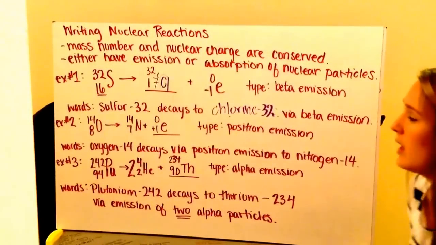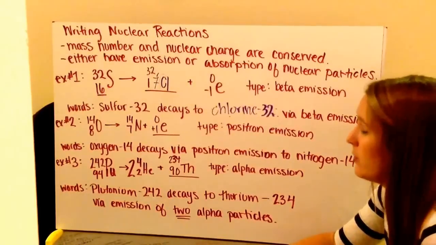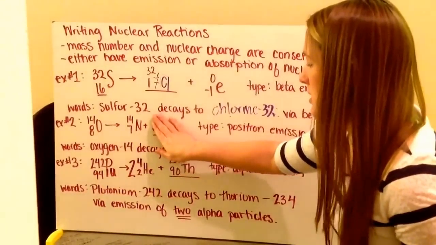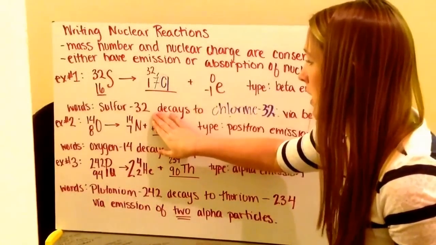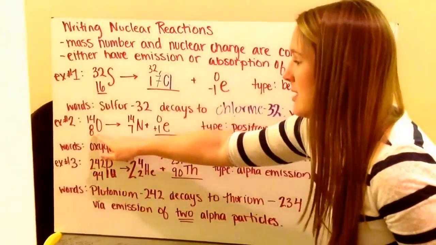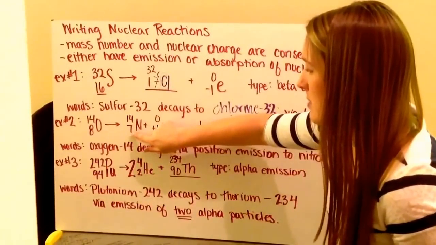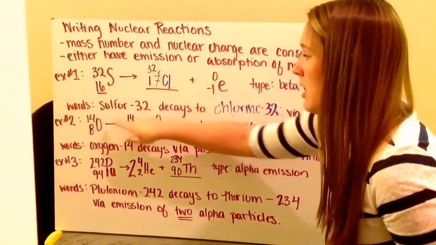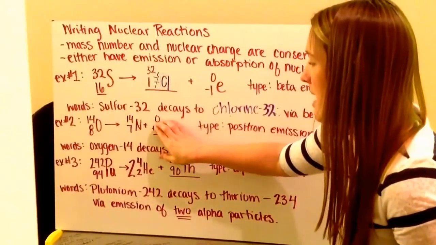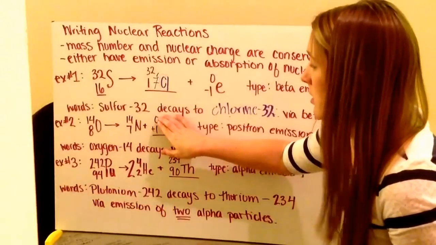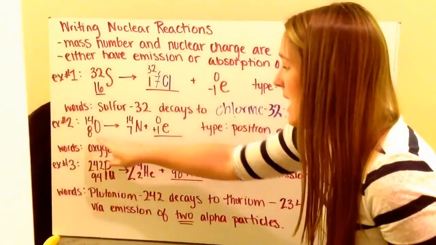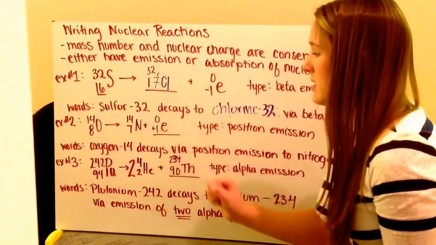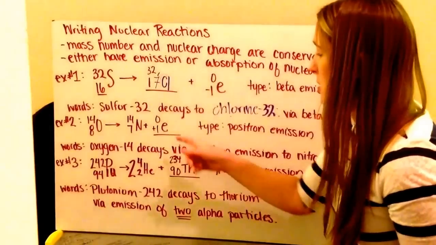Okay? Skipping down then to example number 2, we have oxygen is going to decay into nitrogen plus some kind of particle that is going to be given off. We know that we have oxygen, that's atomic number 8. Nitrogen is atomic number 7, so we can fill those in. Well, my mass number doesn't change here. It's 14 to 14, so I know my particle I'm adding has to have a mass number of 0. I need my charge to be 8, and currently it's 7, so I'm going to add one more. So now I have 0 plus 1. Well, that is my numbers for a positron,